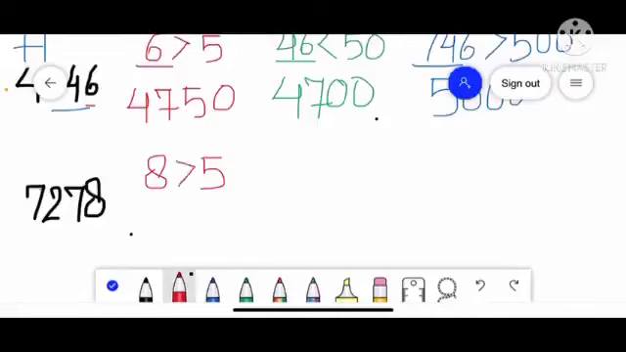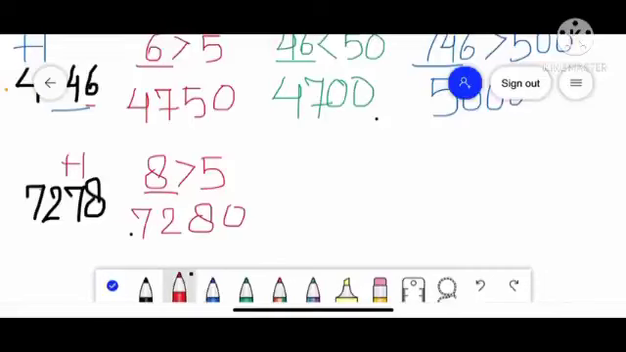Then we are going to increase the digit which is on the tens place by 1. If it is smaller, we are not going to increase it. So here it is greater than 5. So we will write 7, 2, and 7 plus 1, that is 8, and the digit we are comparing will be replaced by 0. So our answer will be